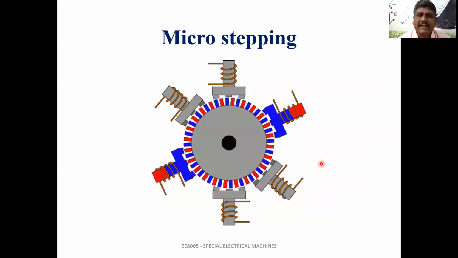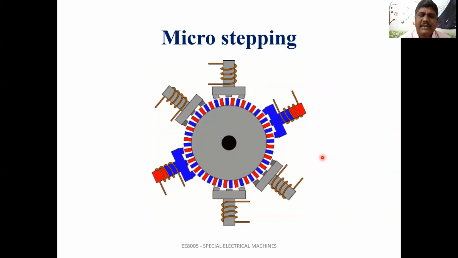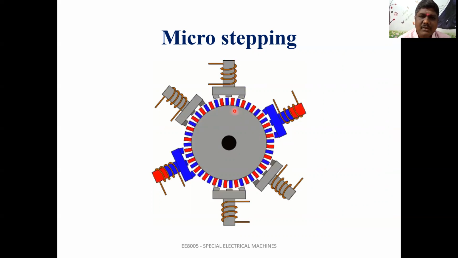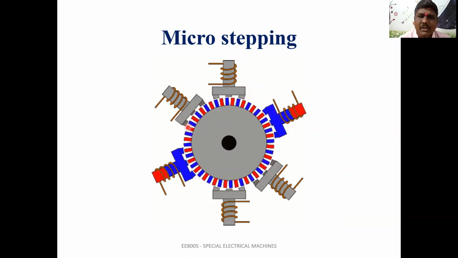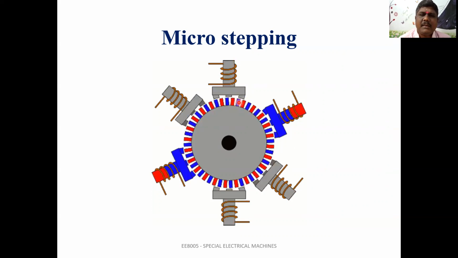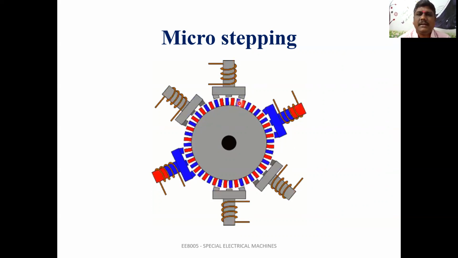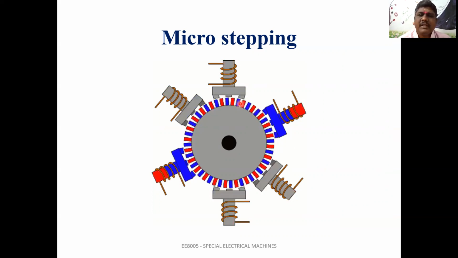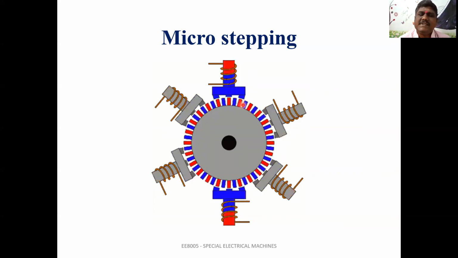And micro stepping is nothing but this: here we are making the step angle 0 degree, 15 degree, 30 degree, which we discussed in the previous case. But in micro stepping, by changing the number of stator poles and rotor poles, we can change the stepping. If we go for micro stepping, it takes much greater effort to make that angle, but the resolution, that is the number of steps, will be greater, and that is very good for efficiency, and accuracy is more.